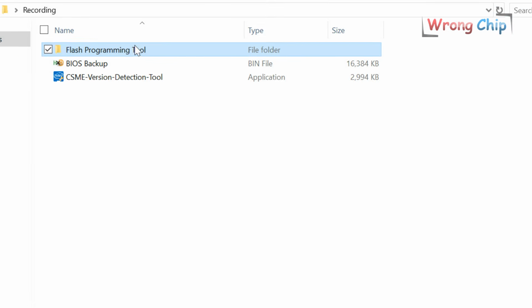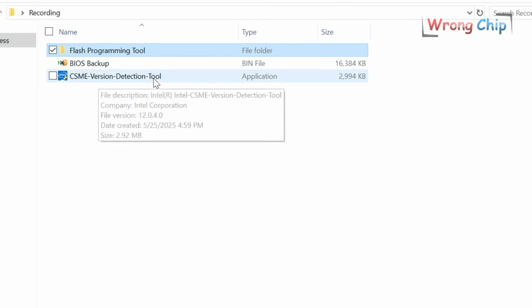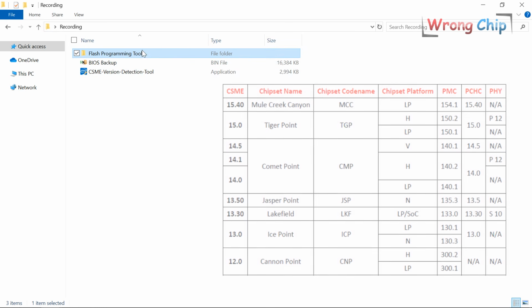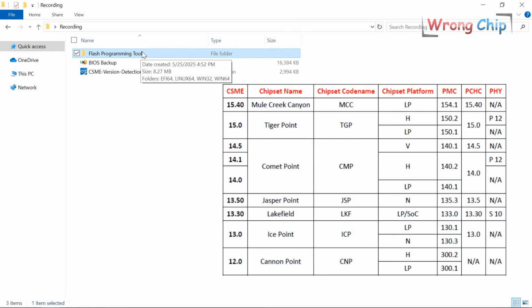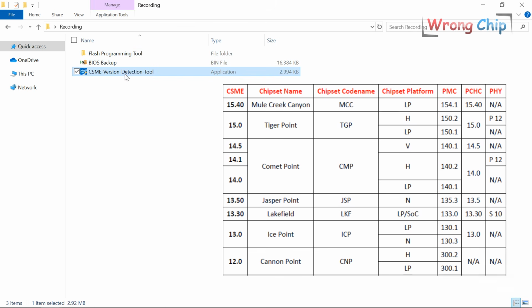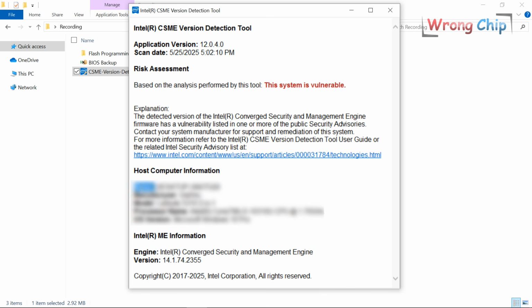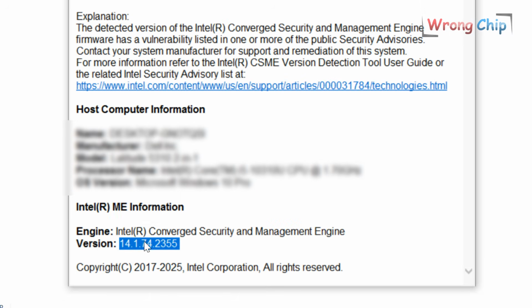Before using FPT, I will use another tool. It is the Intel CSME version detection tool. Why am I doing this? Because FPT has a lot of versions and it depends on the CSME version, so I need to know which one is suitable for my device. From here I can know some information about my laptop, but all I need is the CSME version. Here it is. The major number of my CSME version is 14,